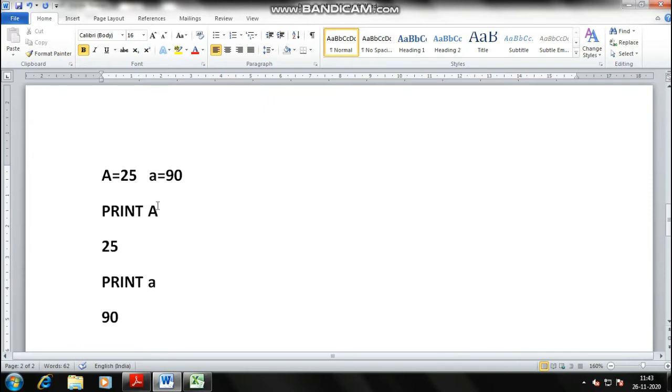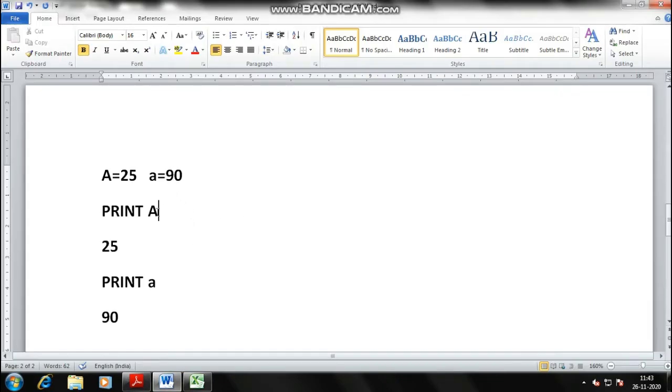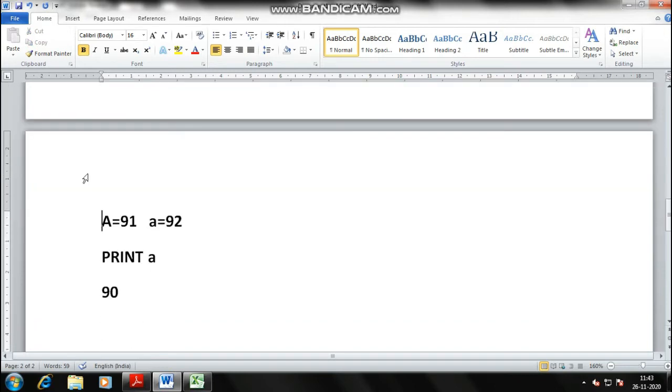Uppercase, lowercase, both work differently in databases. And if you want to ignore case, varchar ignore case, if you write 92 here, 91, and then print a, as both of them are same, if you are writing small a print, then the answer will come 91.